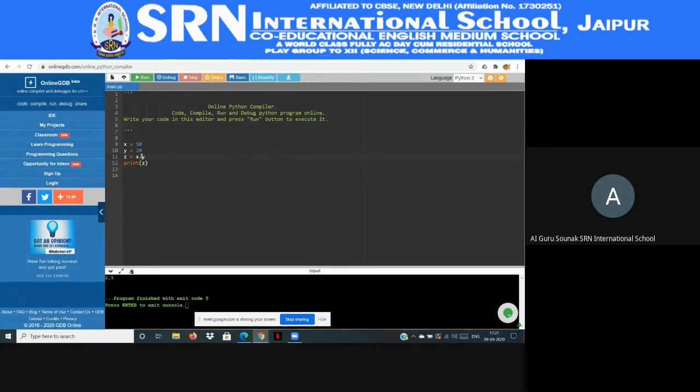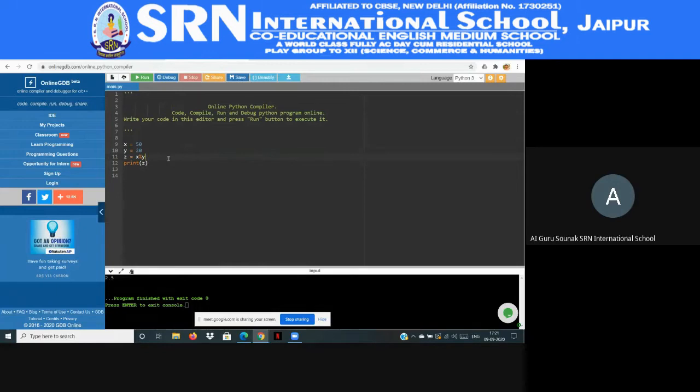In some cases, we need the modulus of any number. At that time, which symbol will I use? I will use this percentage symbol.